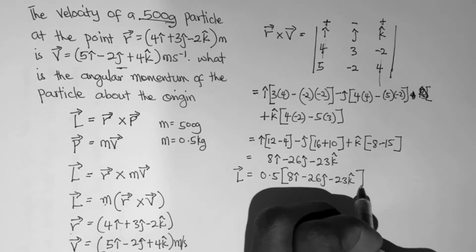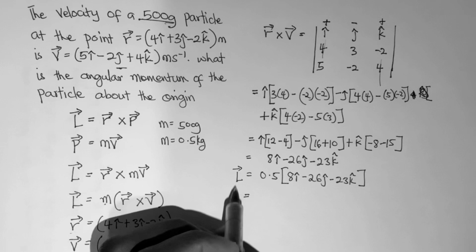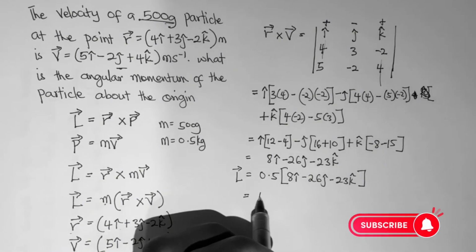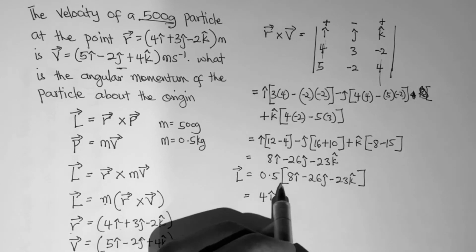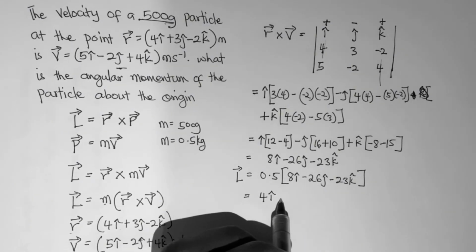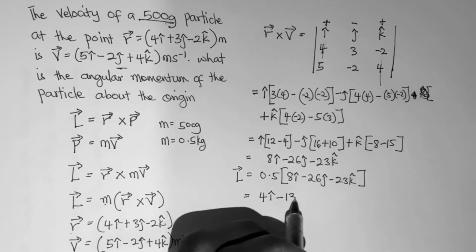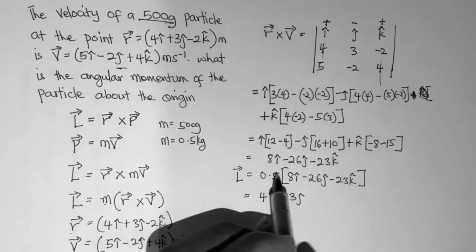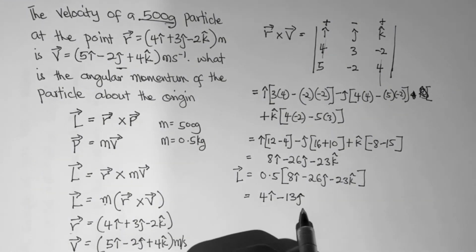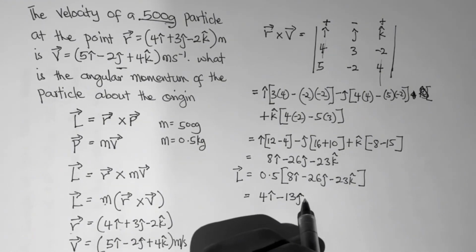So this is equal to 0.5 times 8 is 4, so we have 4i. Then 0.5 times minus 26 becomes minus 13, so minus 13j. And then 0.5 times minus 23 becomes minus